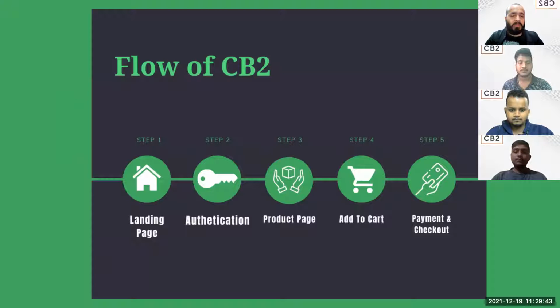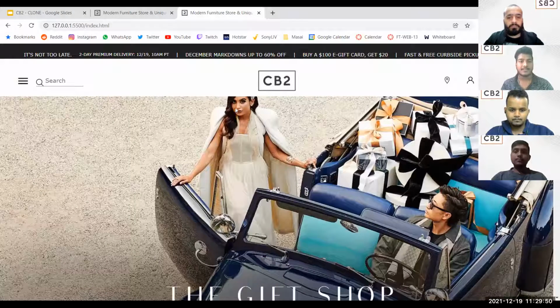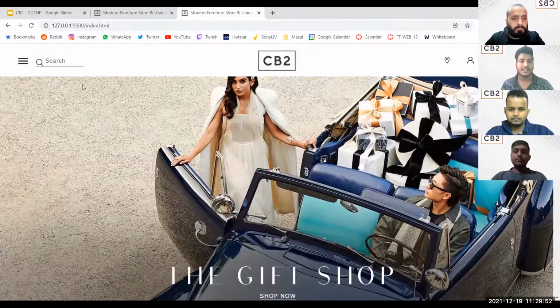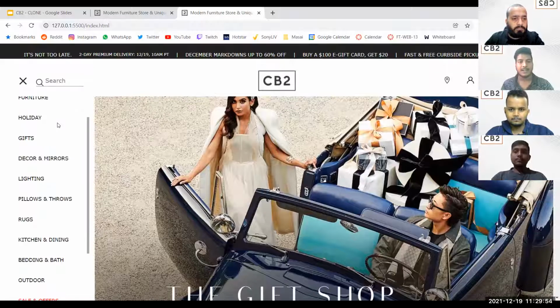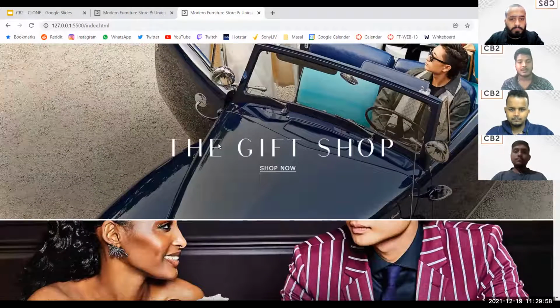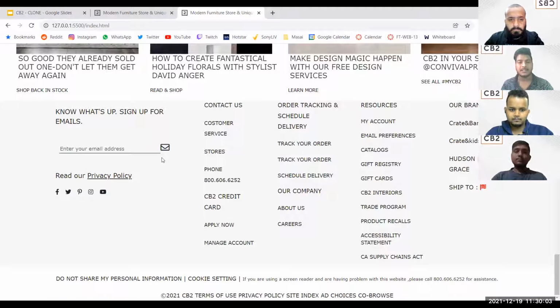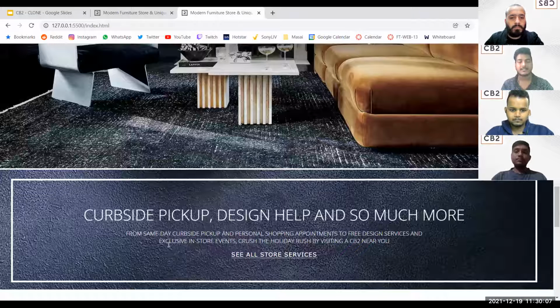The website demonstration will be started by Nankishore. Over to you, Nankishore. This is the landing page of our website. On the top left, there is a menu icon from where the user can access all the menu options. By scrolling down, the user can view our home styling. On the bottom of this page, there is a footer section, which is common for all pages.